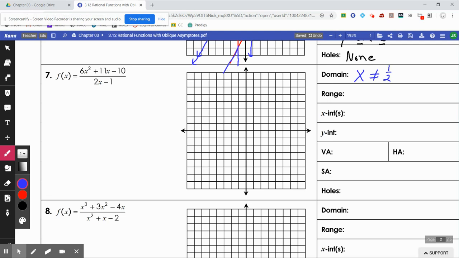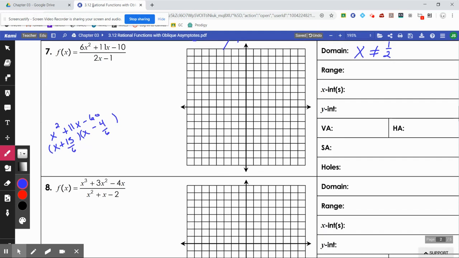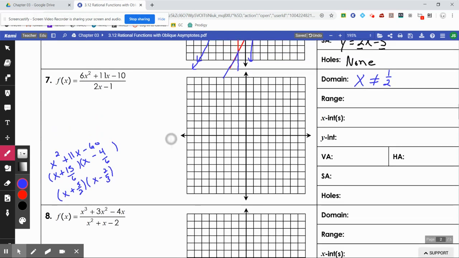Let's factor the top using slip and slide. So we'll come down here to do it. That'll be x squared plus 11x minus 60. Two sets of parentheses will be an x and an x, a positive 15 and a negative 4. Divide by the 6 that you moved. These will not divide, but they will both have to be reduced. That'll be x plus 5 halves and x minus 2/3, which will turn into